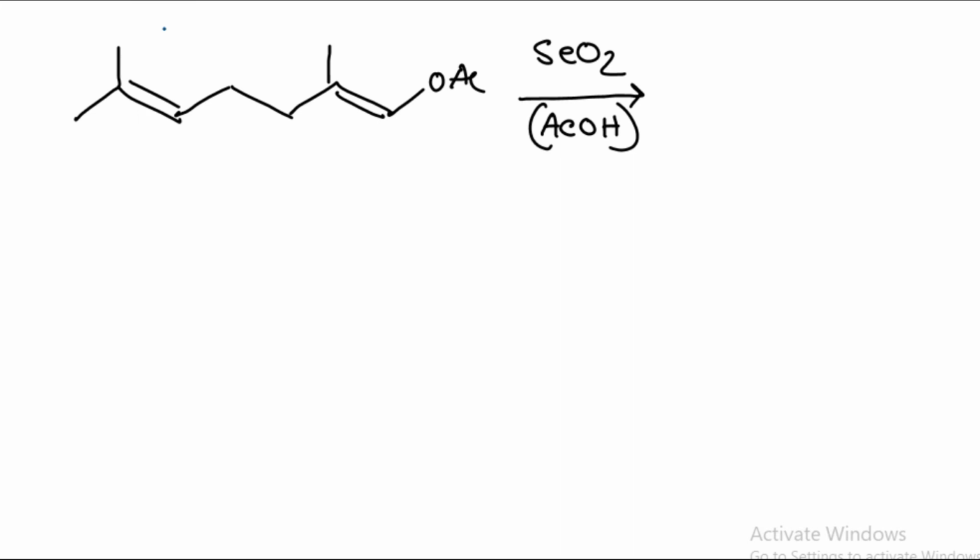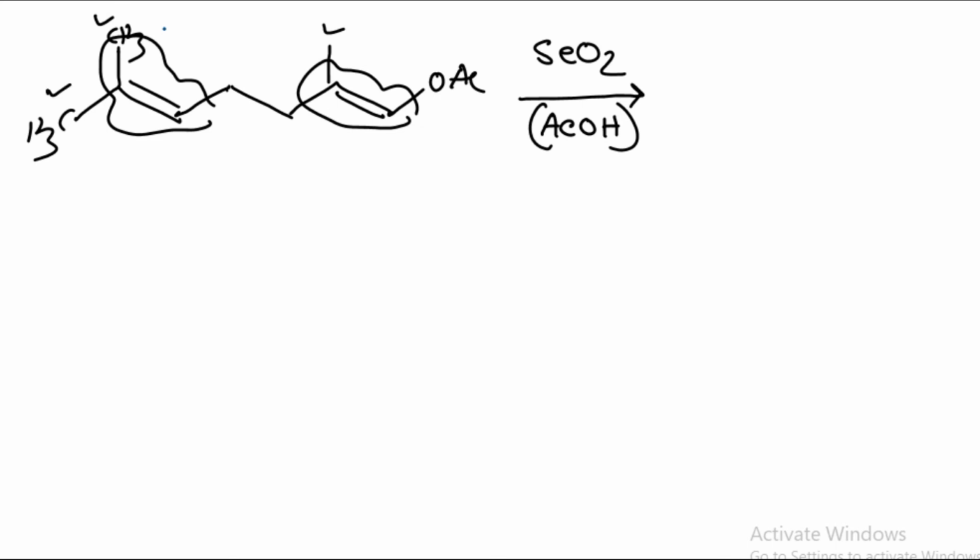So here there are isolated double bonds. There is one double bond and here is another double bond. So you have to find which is the most substituted site. Now what happens: this terminal group, which is CH3 and CH3, is more prone to oxidation, because this is the terminal one. The substitution here and here is the same, but as this is in the terminal position, these groups are more prone to oxidation.